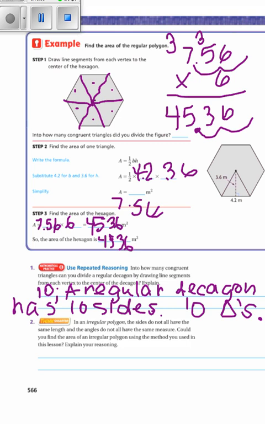In an irregular polygon, the sides do not all have the same length, and the angles do not all have the same measure. Could you find the area of an irregular polygon using the method you use in this lesson? Explain your reasoning. So this answer would be no. You might not be able to find the center of the irregular polygon and connect it with the vertices to form congruent triangles. So I'm just going to summarize that and say